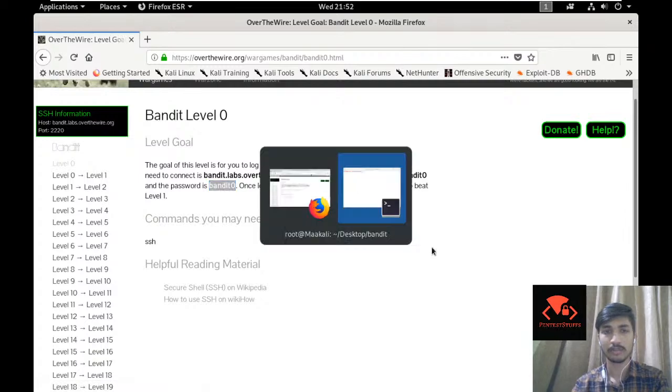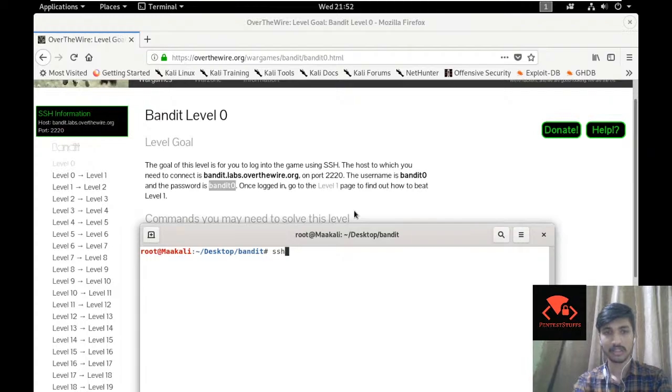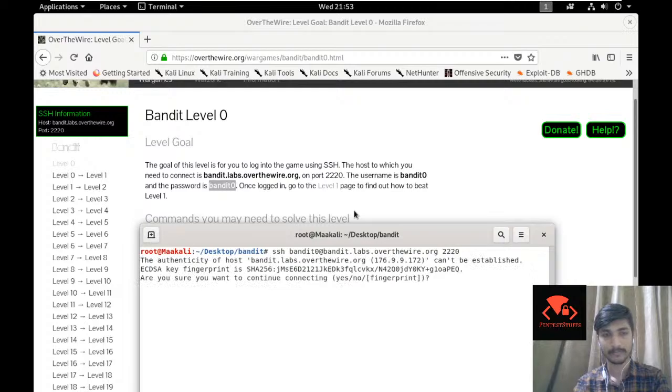To connect, just enter ssh, then the username bandit0, @ the URL, bandit.labs.overthewire.org, and then specify the port. Just press enter. Yes, then the password, that is bandit0 again,